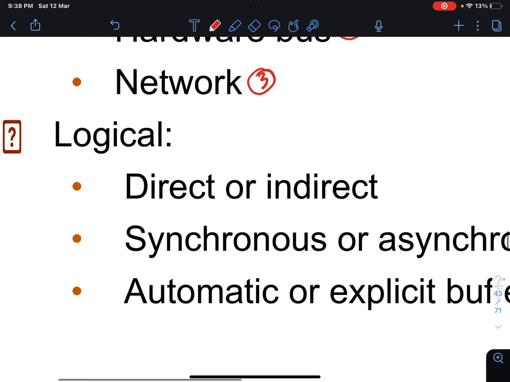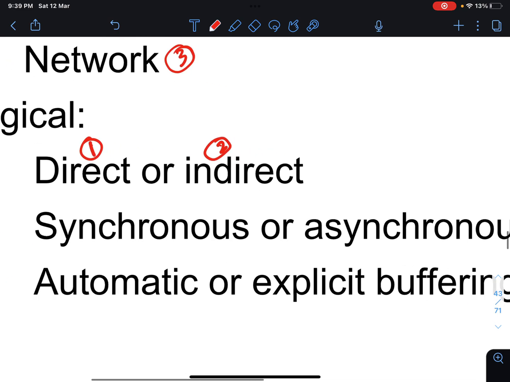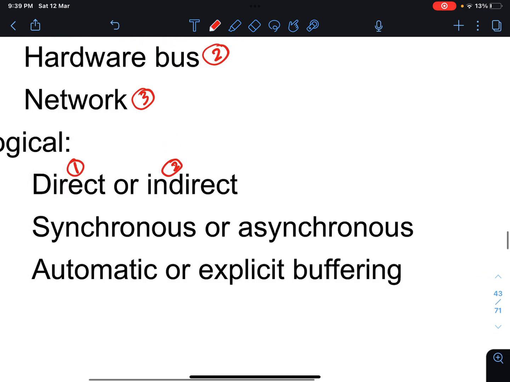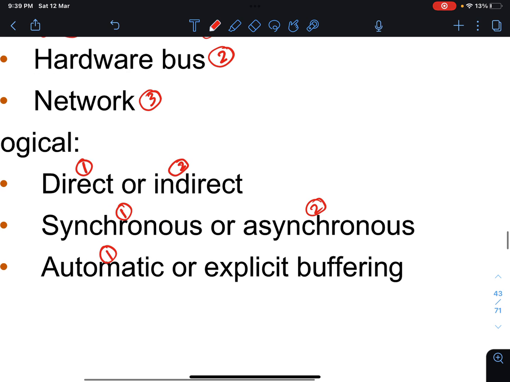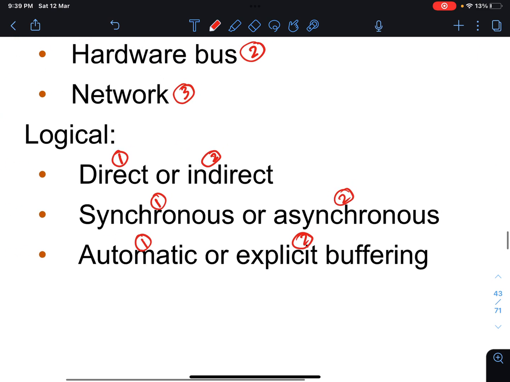Logically, it could be direct or indirect, synchronous or asynchronous, automatic or explicit buffering. Synchronous and asynchronous means the sender and receiver have to be synchronized. Asynchronous, they don't really need to be synchronized.